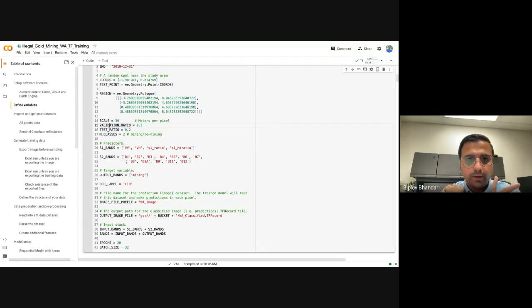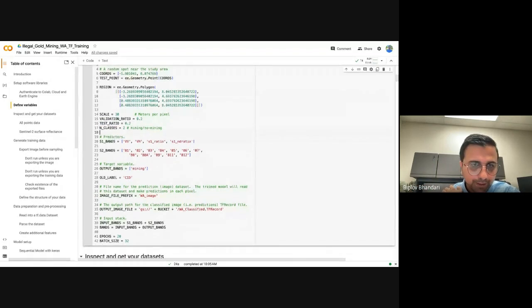So remember, when we back propagate, it's looking at those validation data sets. So we'll be using 20% of that to adjust those weights, and then the remaining 20% will be used to classify an unseen data set. The number of classes in our case is 2, mining and non-mining. Here we'll be using 2 data sets. We talked a lot about data sets yesterday.